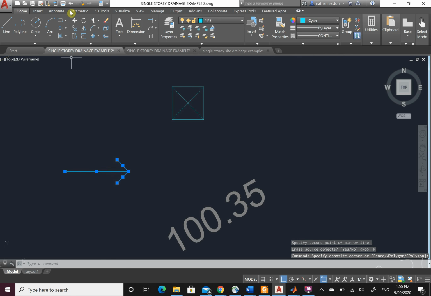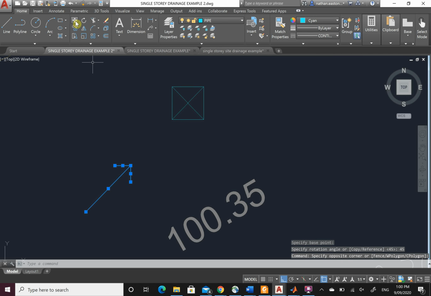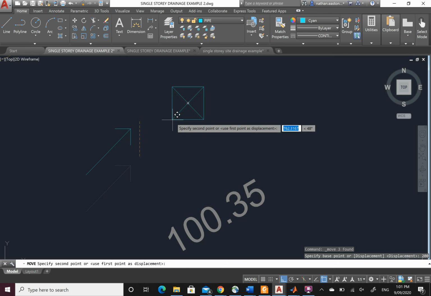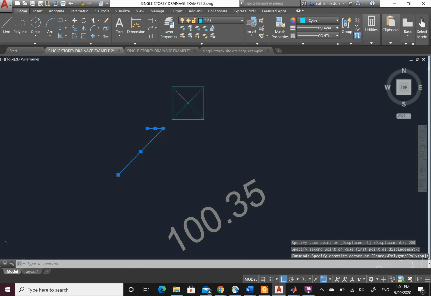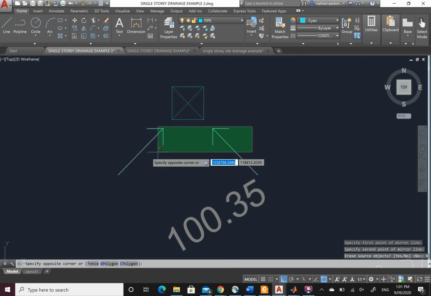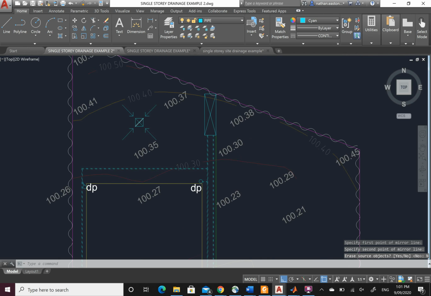No. That's better. So what they'll do is they'll scratch all the ground to fall to a low